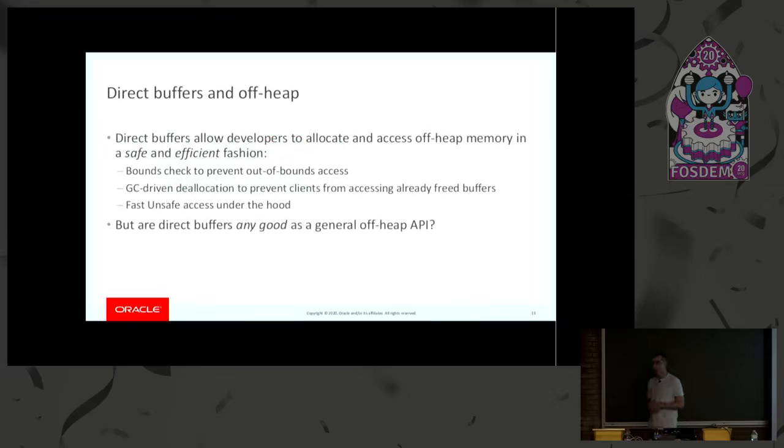So with direct buffer, we actually have a new weapon as developers, because we can write code that allows us to access off-heap memory. Access to off-heap memory with ByteBuffer is quite efficient, because at the end of the day, ByteBuffer is implemented on top of unsafe, so we can still get advantage of all the C2 data movement intrinsics that we have. The access is also safe, because as we've seen, the ByteBuffer has this concept of capacity, limit, position, so every access will be within the boundaries of the ByteBuffer, otherwise we will get an exception.